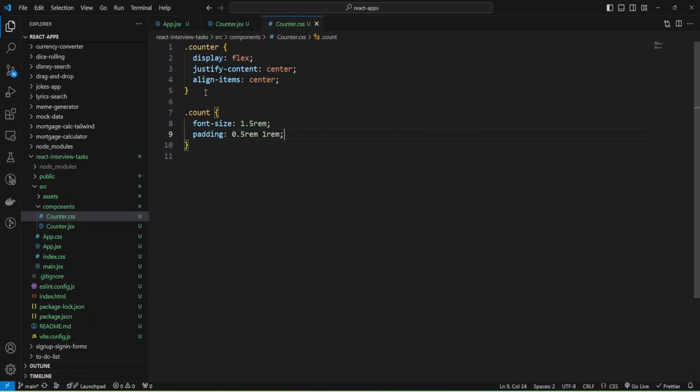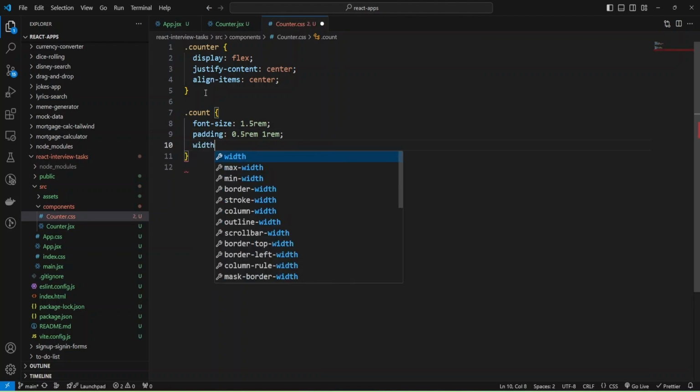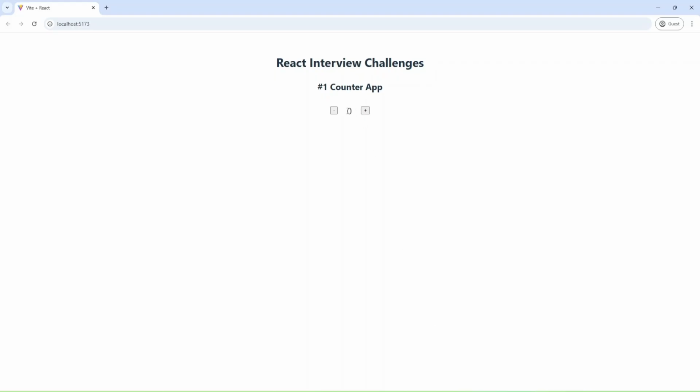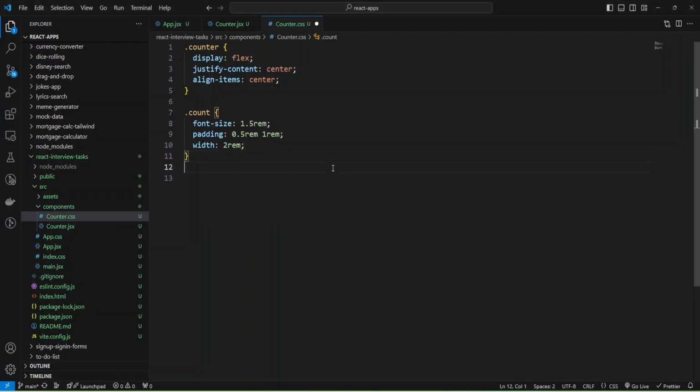Okay, and let's define some width like 2 rem, and let's check. Okay, and as you can see, we have our paddings, and let's add more styles, and I'll add the container name because we are using plain CSS.